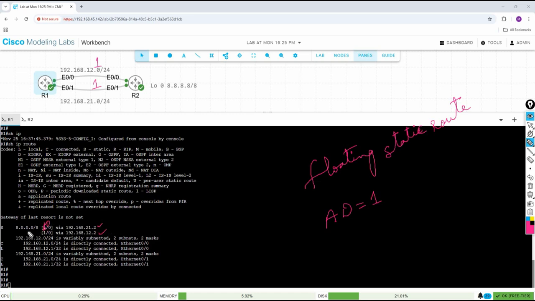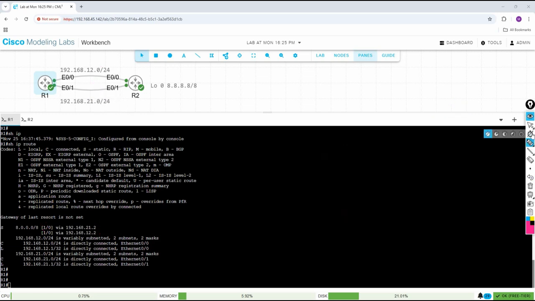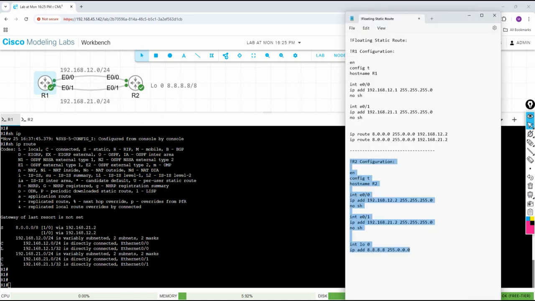then the router will check which one has the higher AD value, and that will not be installed in the routing table. Whichever has the low AD value, that route will be installed in the routing table. So I can increase the AD value here. How can I increase the AD value? Simple, just what you need to do here. If you see,